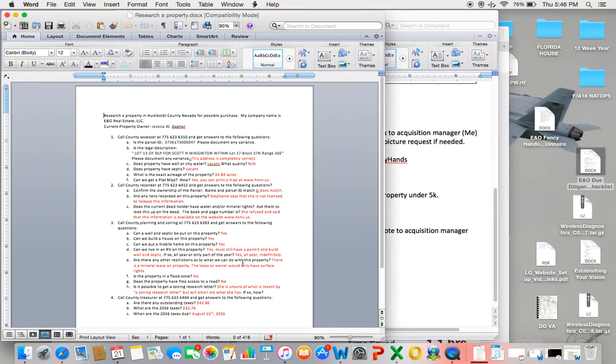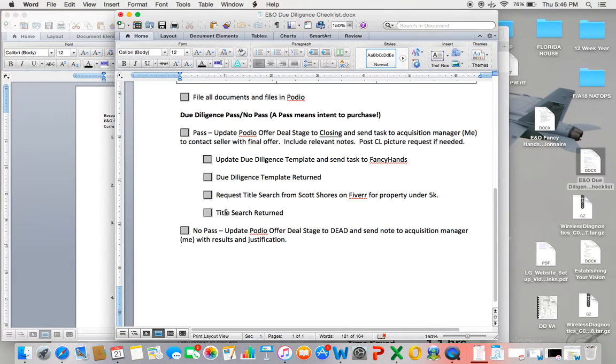Okay, so once we get this back from Fancy Hands, go ahead and save it in Podio, and then template return. Just put an X in there. Okay, and then next thing that we'll do really after we send it to Fancy Hands is request a search